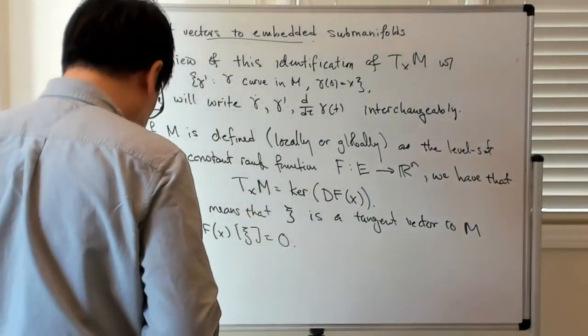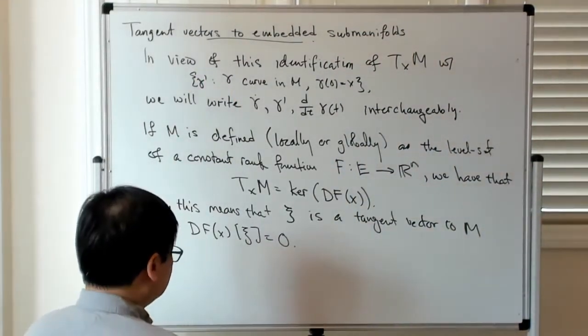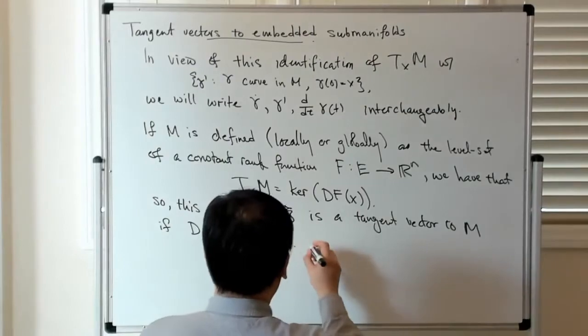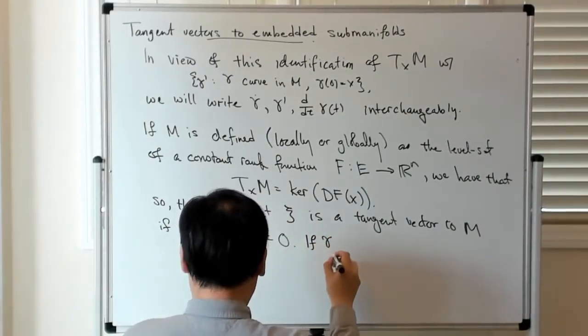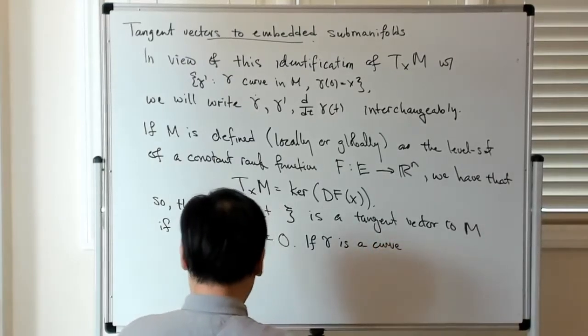Okay. So how do we see that, right? So if, for example, gamma is a curve in M,